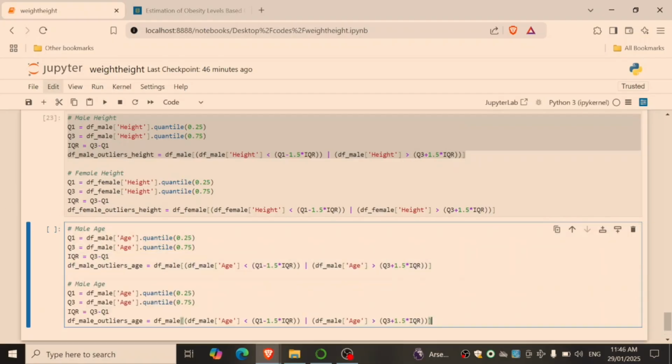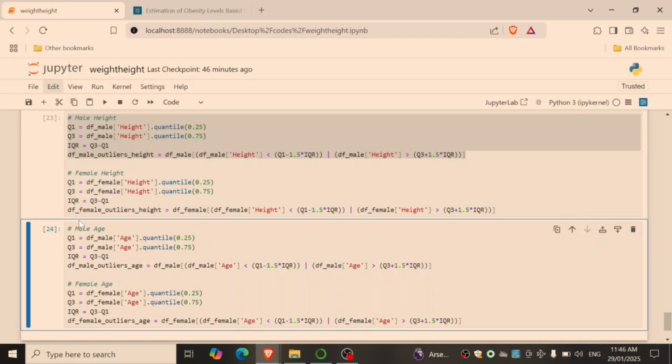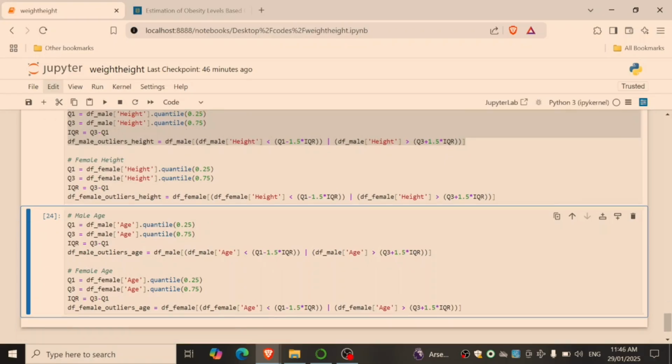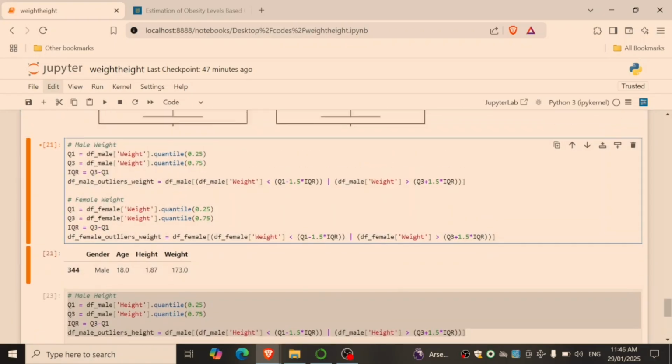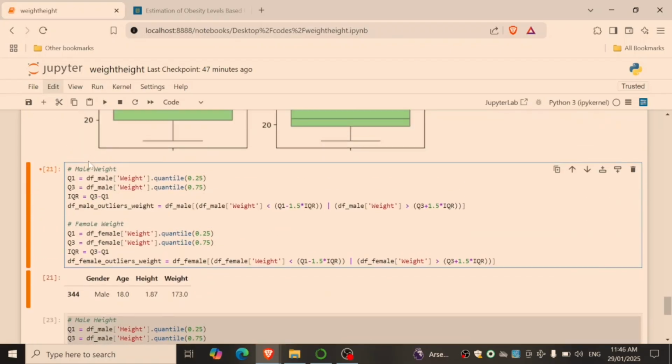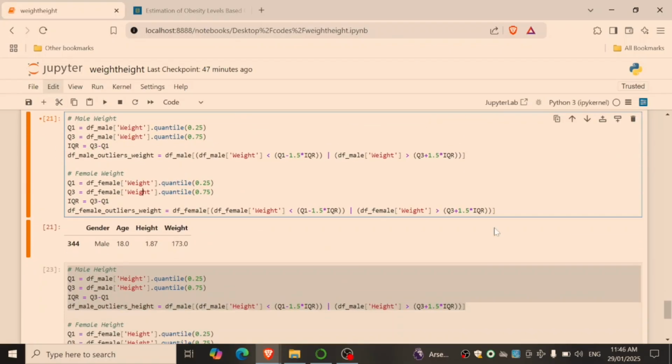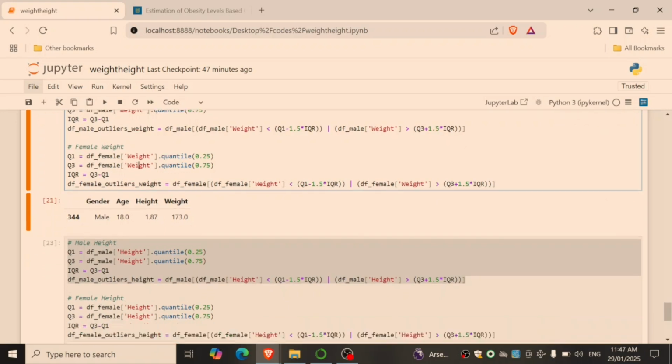There we go, and then female age. And what I'm going to do after this, I'm getting ahead of myself, let me just finish this first. Okay, what I'm going to do is delete, well, actually I won't need to do that. I had it in my original notes, but I was going to delete the variables Q1, Q3 and IQR after every run through because they're getting repeated, but